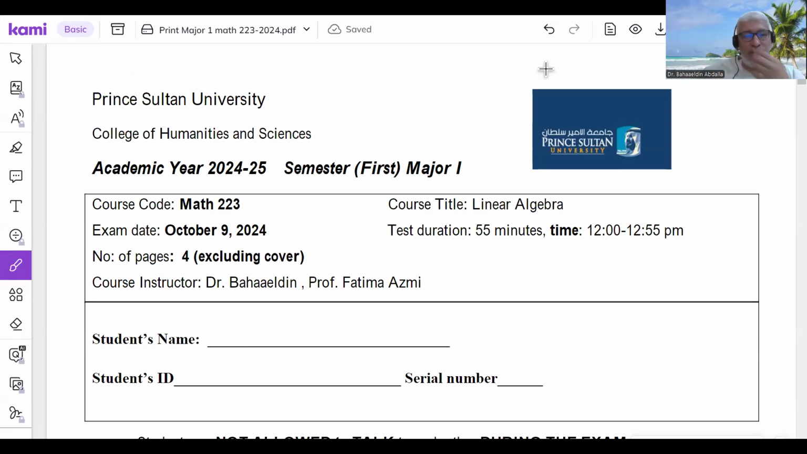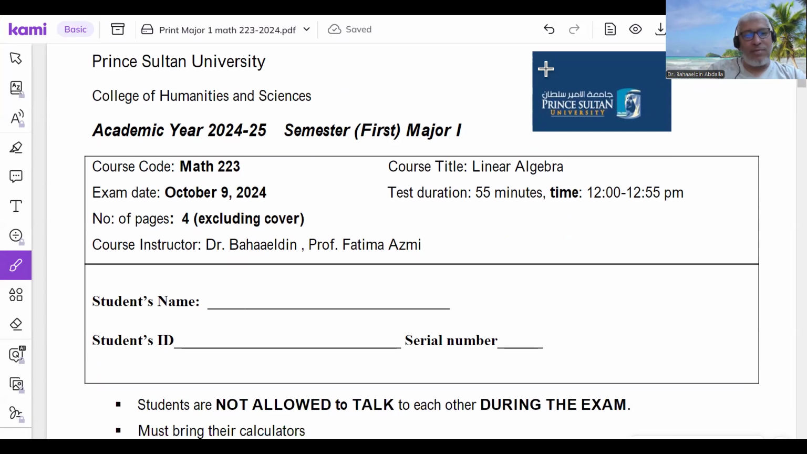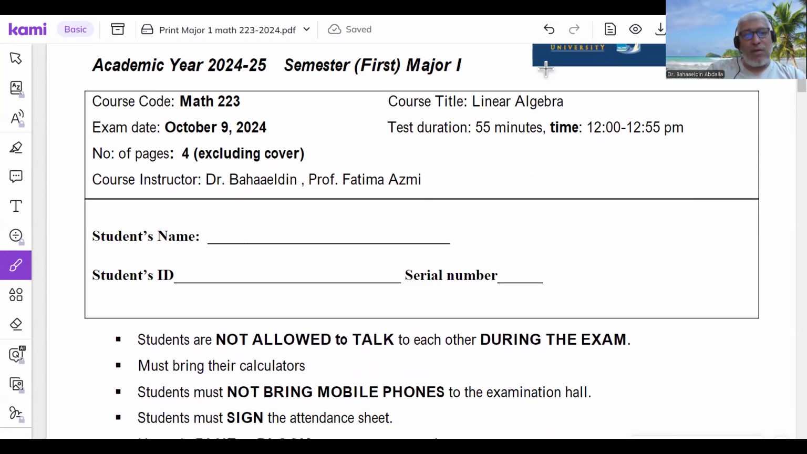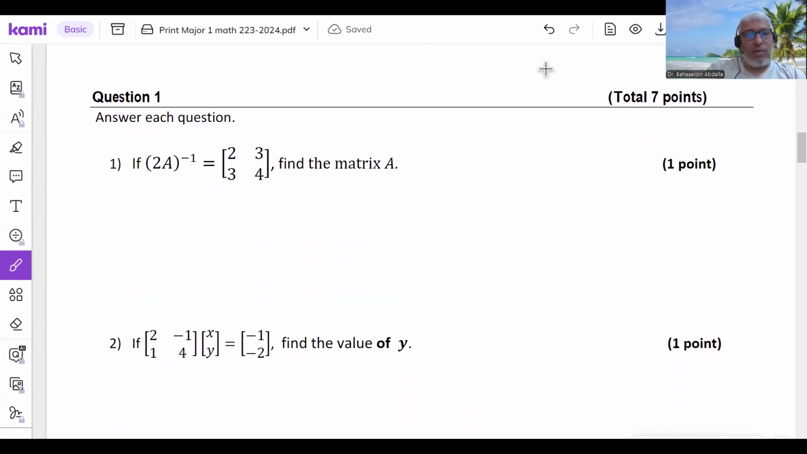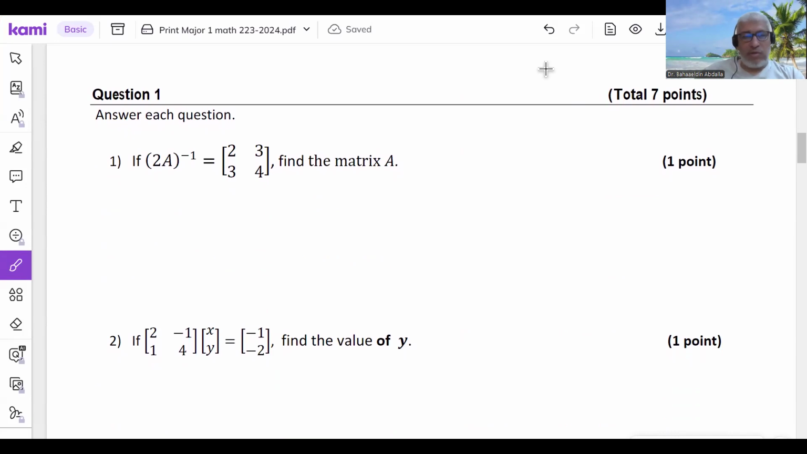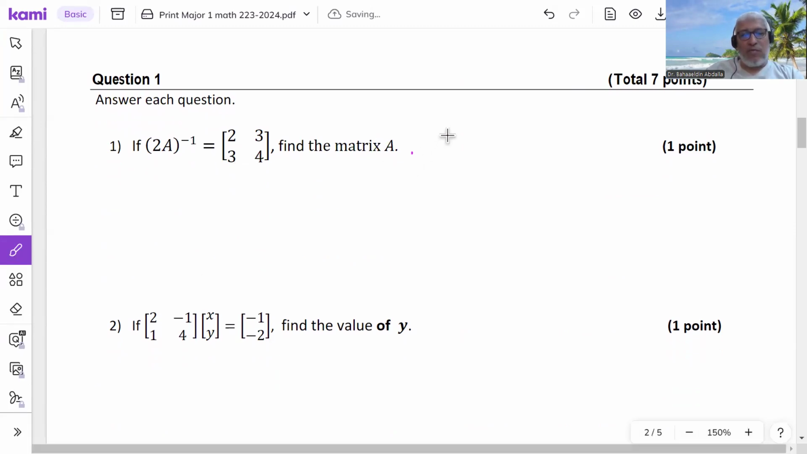This is linear algebra, first major examination, term 041 or 241. Let us have a look at the exam and solve it together. Answer each question. The inverse of 2A is given. Find the matrix A. Well, if we call